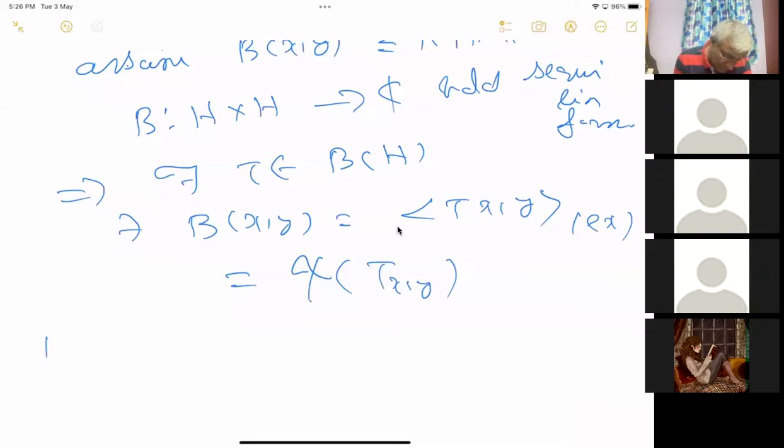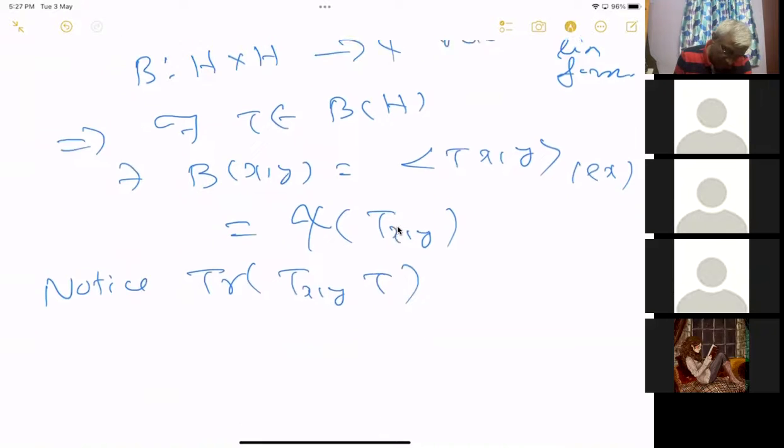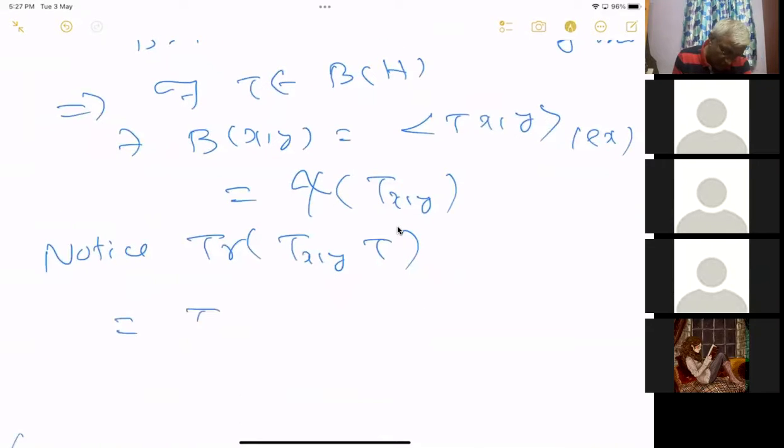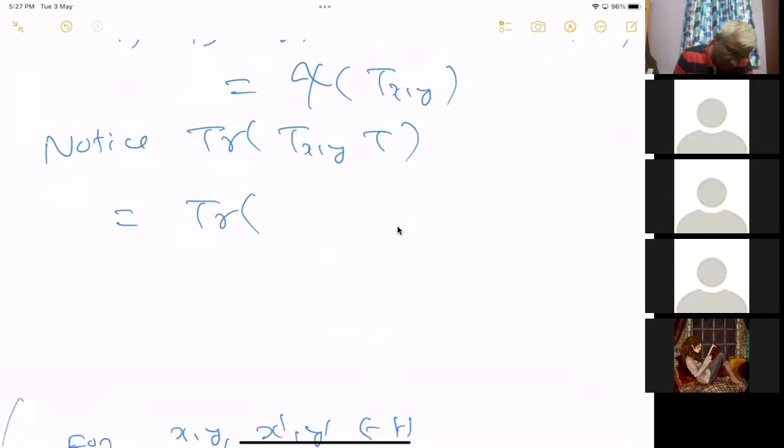But notice the trace of T_{x,y} T. What is that? That is equal to the trace of, in the trace, but there is no square root. It's not a problem. So trace of T_{x,y} T is equal to trace of,